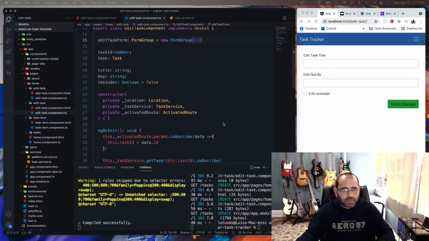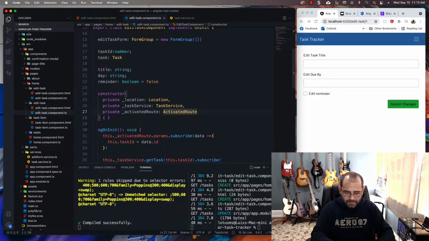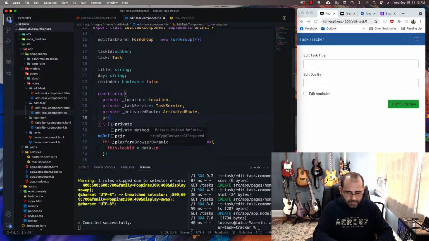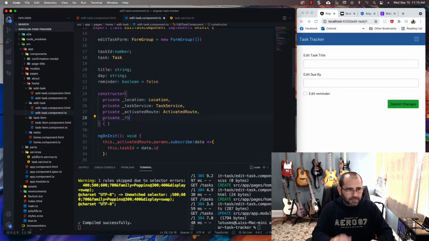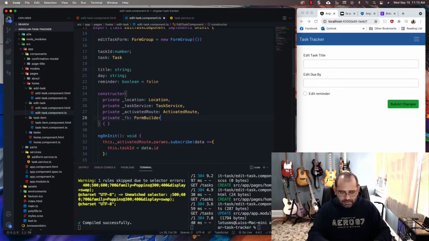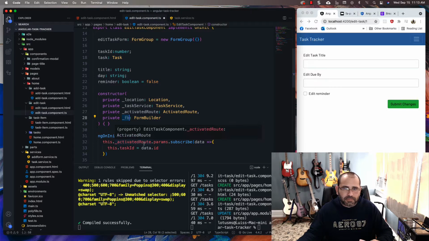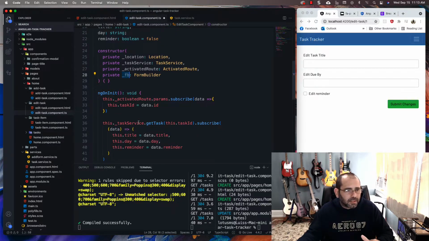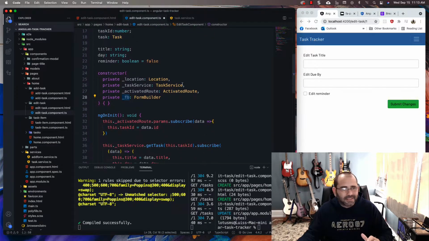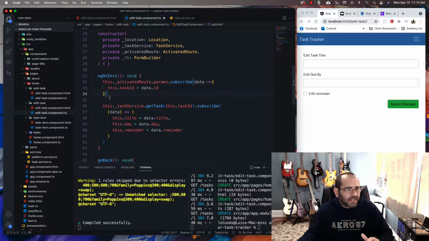All right, so now that we have that, we need to bring in the form builder service that we just added. So private, and then we're going to call this FB, short for form builder. You're going to see that used a lot in the industry. A lot of people use it, so it's fine. Sometimes it's a good idea to do what everybody does, that way it's just easier. All right, now that the form builder is done,